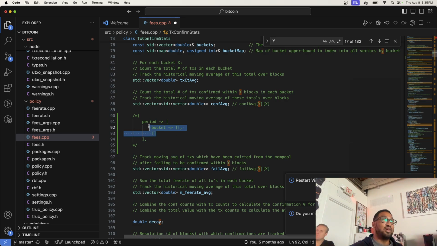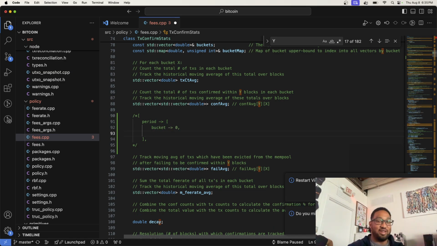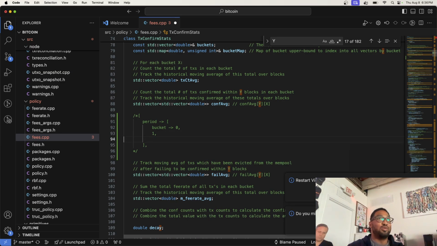Actually, no, this is a bad one. The items in here, this is your bucket. So you'd have 0, well, really they're just all zeros here. Okay, that's a better visualization, right? Two-dimensional list. You have a list, and the top level item is the period, and the inner items are the buckets.